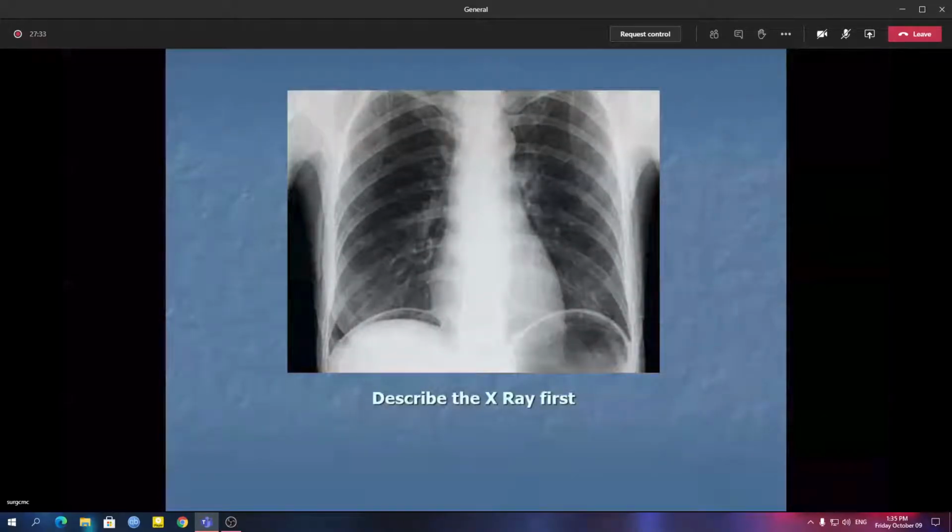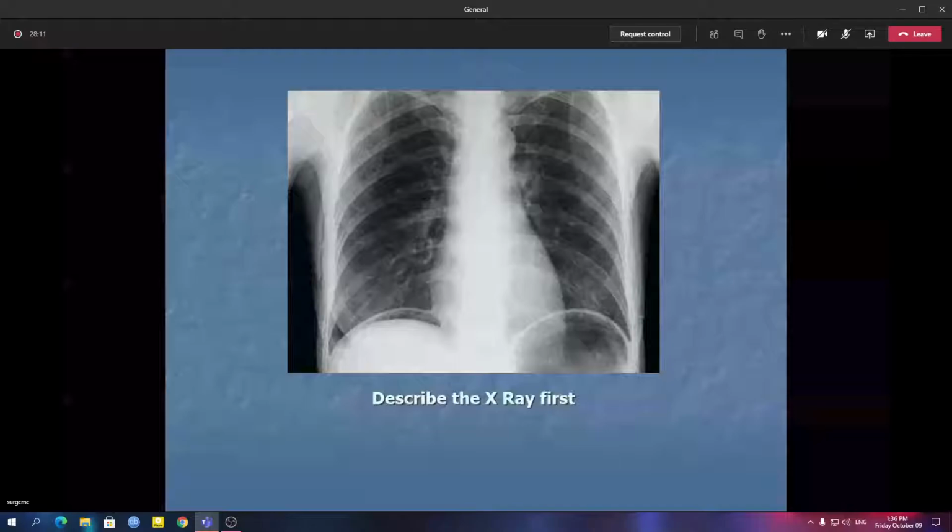Sir, this is a plain X-ray. This is an X-ray chest PA view. I can see the ribs, the heart, the diaphragm, the clavicle, and I cannot see any appreciable pathology in the lung fields or in the cardiac shadow. But just below the diaphragm on the right, I can see there is some radiolucency above the shadow of the liver. So there is a chink of air or free gas. So I think this is a case of hollow viscus perforation.